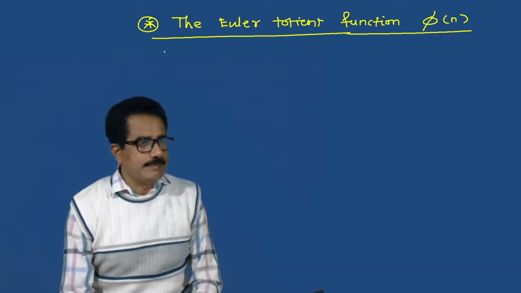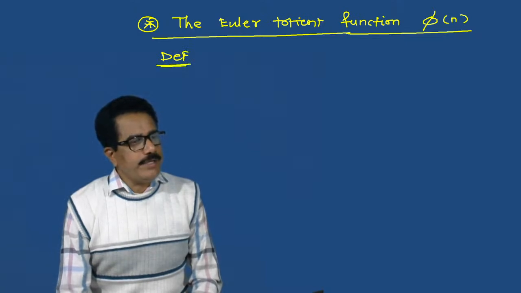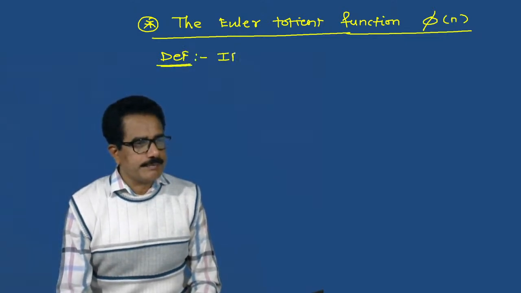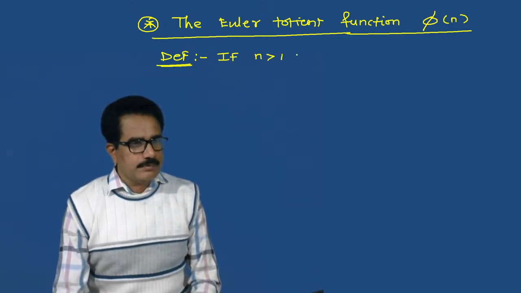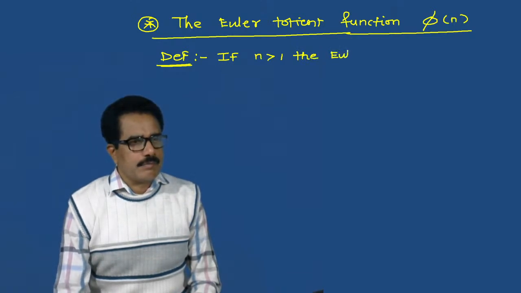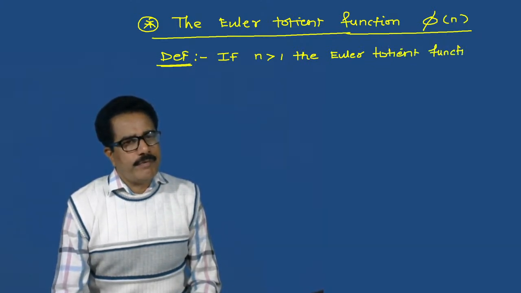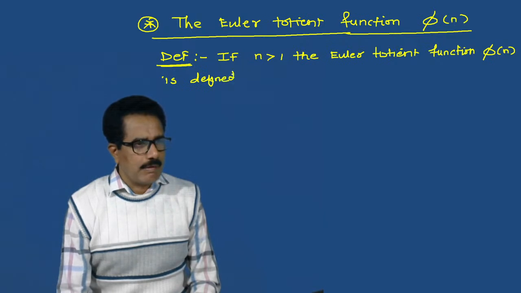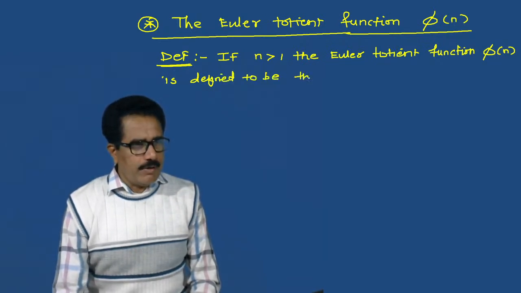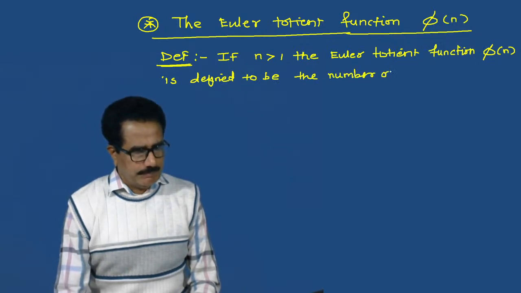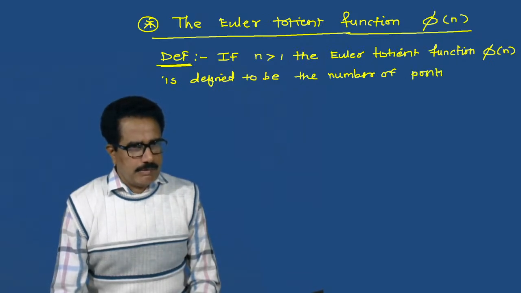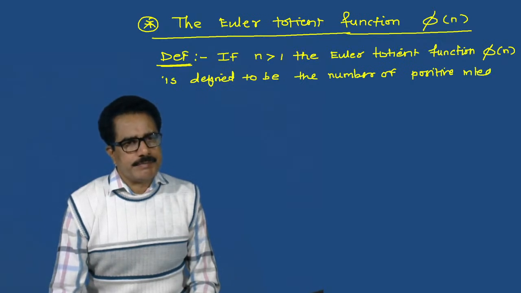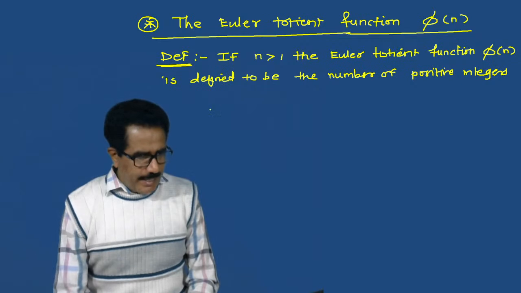Now write down the definition of the Euler's Totient function: if n is greater than 1, the Euler Totient function phi of n is defined to be the number of positive integers not exceeding n,